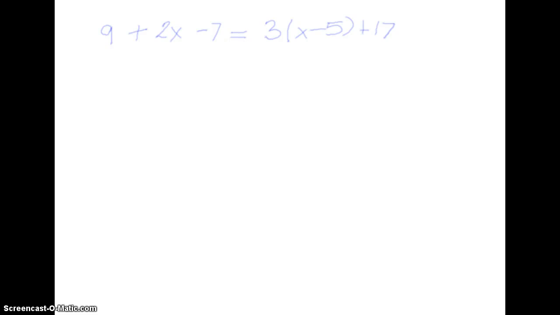We are going to solve an equation that has like terms that need to be combined on both the left hand and the right hand side of the equal sign. When we solve an equation, we typically start with the distributive property, so that's what we're going to do here as well. So we have this 3, and we're going to distribute it to the x and also to the